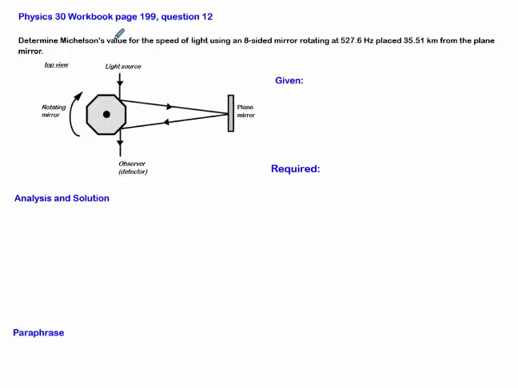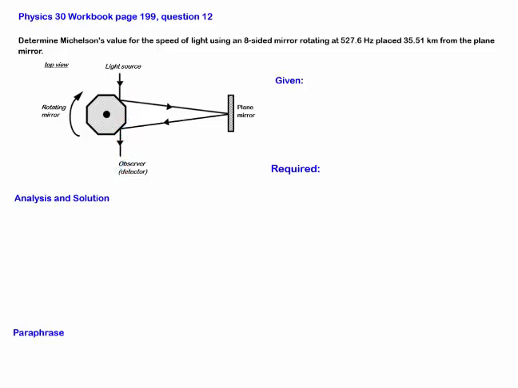So just to kind of go over how this works, a light is going to be shone at one of the mirrors here, at which point it will be reflected to a plane mirror, reflected back at the same angle. And if we have the frequency just right, so that from the time it takes to go here to here, this rotating mirror rotates this mirror here to this one, it will be observed by the detector over on